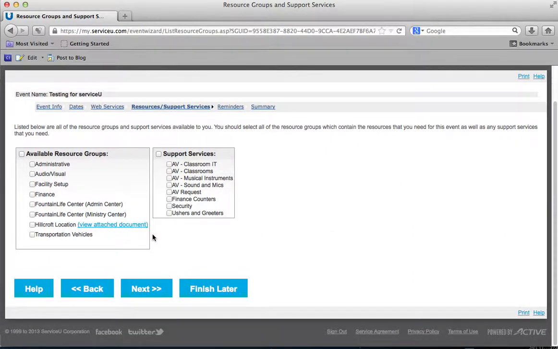This section here contains your available resources and also support services. You do not necessarily need to click on support services because the support services on the back end are automatically attached to what each resource that it needs to be. So for example, if you were to choose something from the audiovisual group, like a microphone or something like that, the AV sound and mics will automatically be attached to it, and it will actually send an email or notification to those particular resources or respective groups who need to actually be affiliated with your particular event pertaining to that